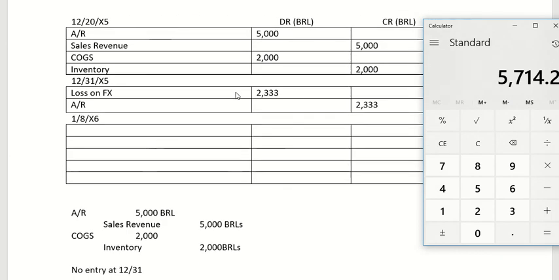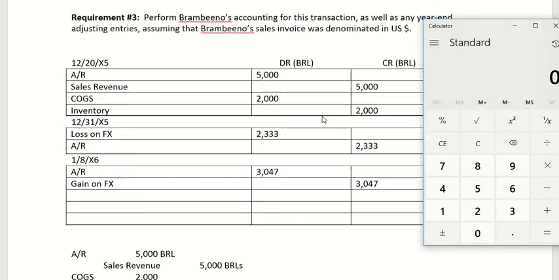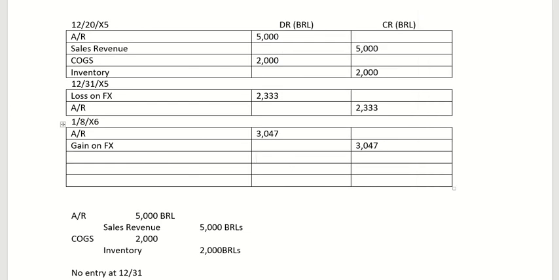5714. And we remember the balance was 2667, the balance of the accounts receivable. So let's do the difference of those. 2667, or close, 2666, 2667. Let's try that. So it's going to be around $3,047 of a gain. $3,047 of a gain. Accounts receivable will increase, gain on foreign exchange, right? Our final ending amount, oh, I forgot what that was, 2.8571 times 2,000 US dollars, 5714. Oh, that is what we will receive from our receivable,